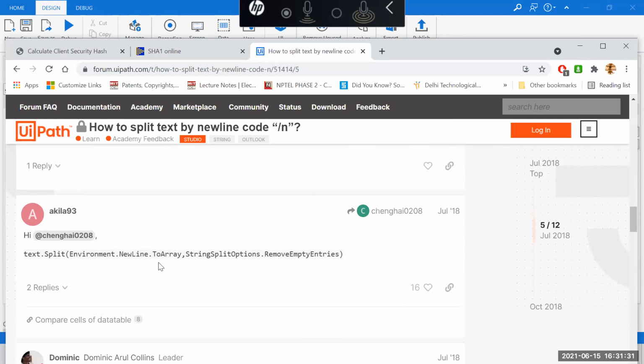Text dot split, environment dot new line dot to array, comma, string split options dot remove empty entries.